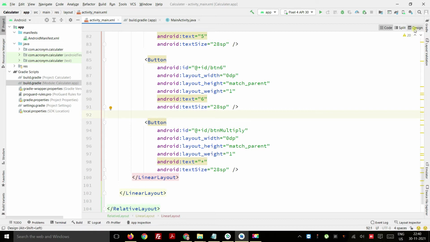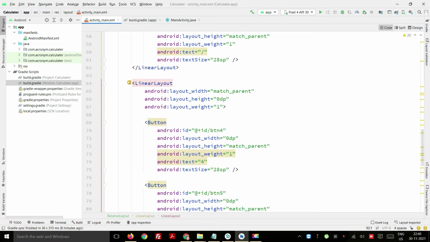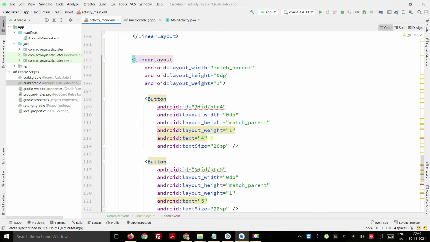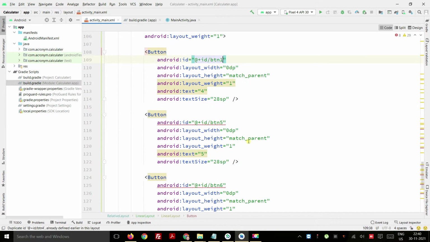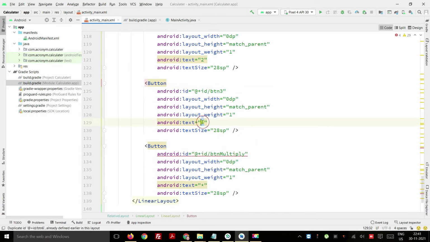Now let's see how it actually started looking. So we'll again copy this complete section and put it down here, and we have already seen the numbers. Now we will put it as a button 1, and here also don't forget to put the text 1. Button 2, and then here also the number 2, and then button 3, and I will also put it as button 3, and we have multiplication.